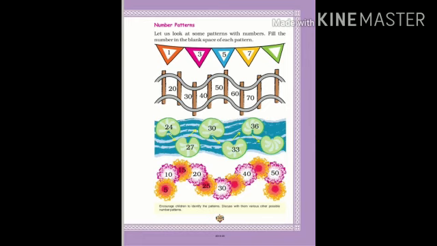Here you have some flowers, orange and pink flowers. The first flower has the number 5, next 10, then 15, then 20, then 25, then 30, then what number? Yes, it is increasing by 5, 5. So 30 plus 5, you will write the answer. Next 40, then the next thing you will complete yourself.